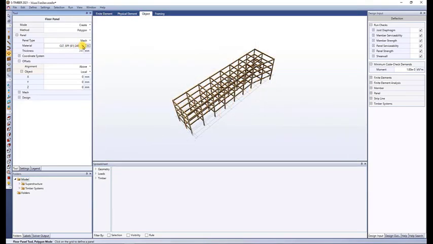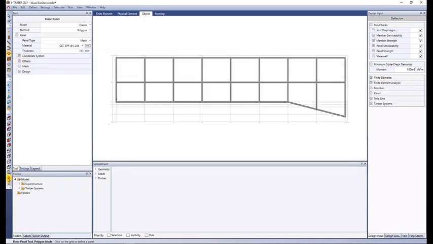Select your material from the ones we created before, CLT, and make sure to set the alignment to the above option. So the panel goes on top of your grid, meaning that it's resting on top of the beams and column elements. With that said, I'm just going to select the plan view, which makes it easier to draw my